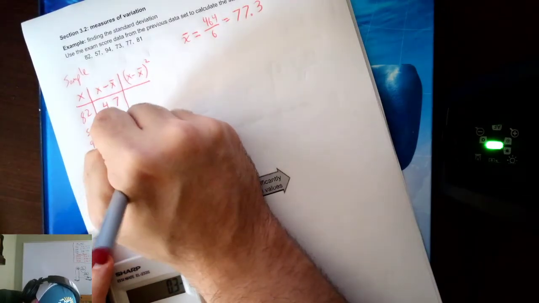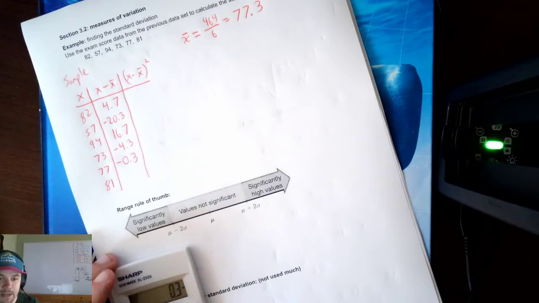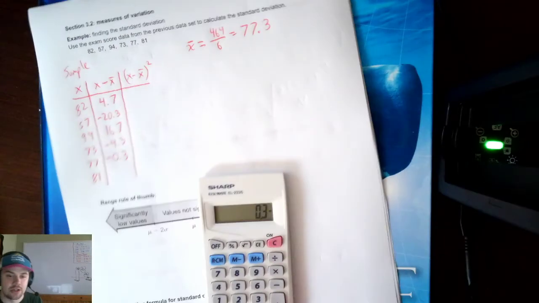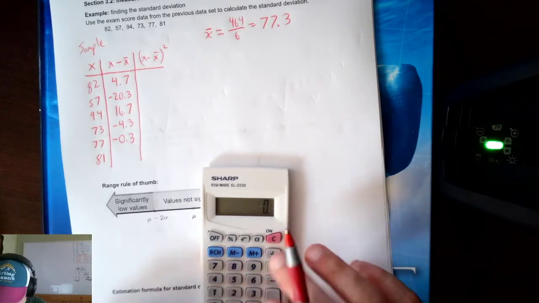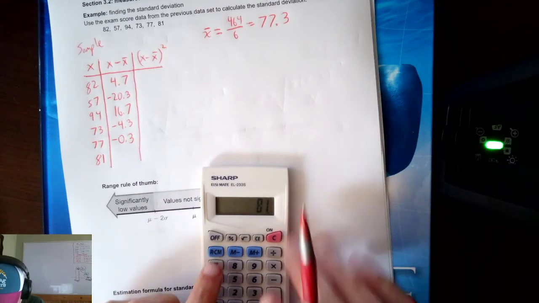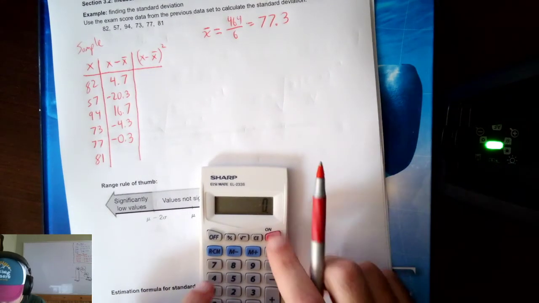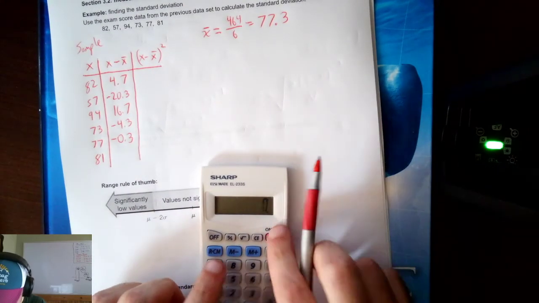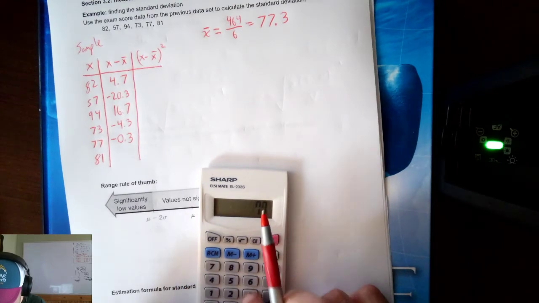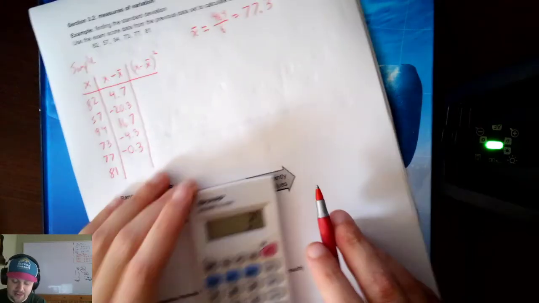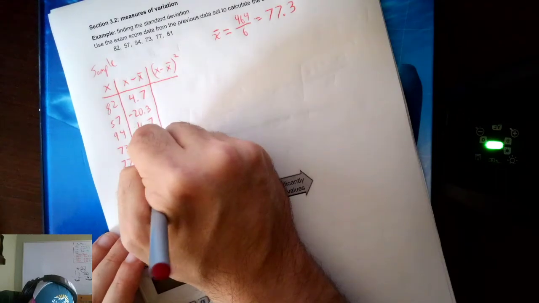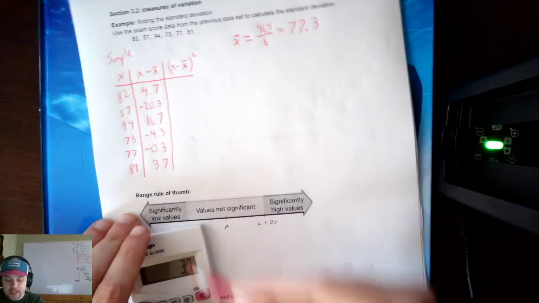Be careful when typing in. You don't want to make a typo, right? Make sure you double check. Make sure you're clear with your calculator. And then my last one will be 81 minus 77.3, which will give me 3.7. So I'm going to put 3.7 here. So I filled out the